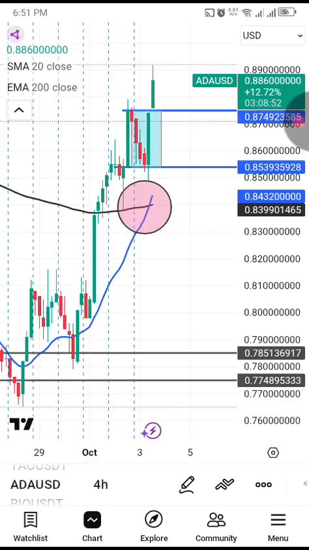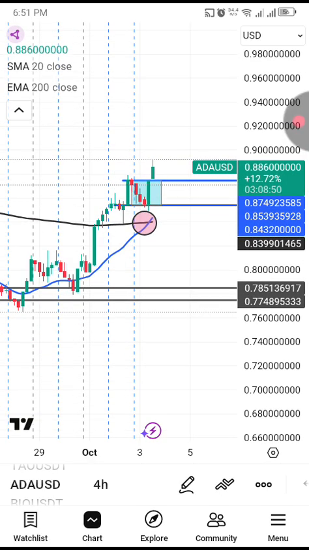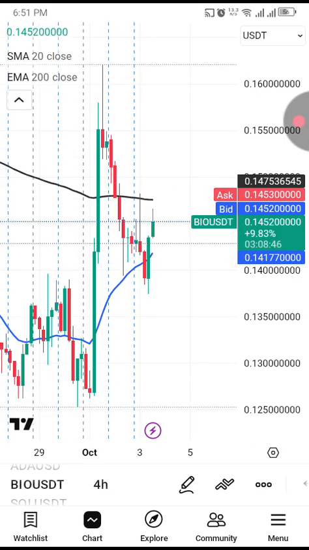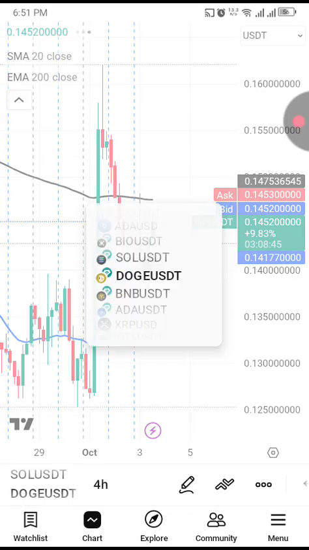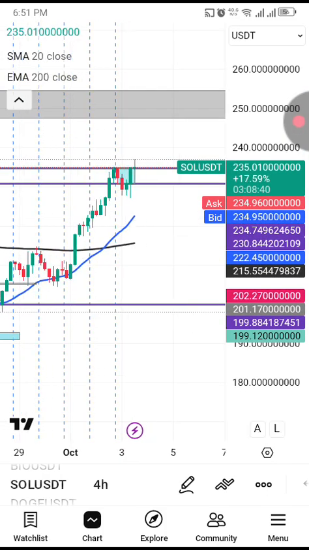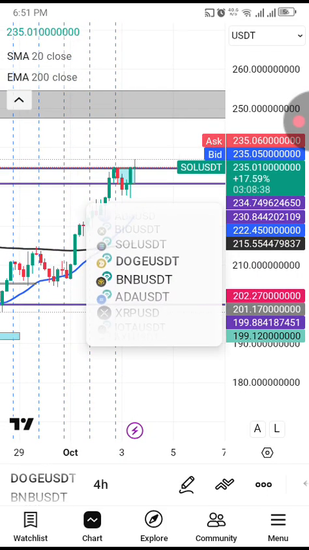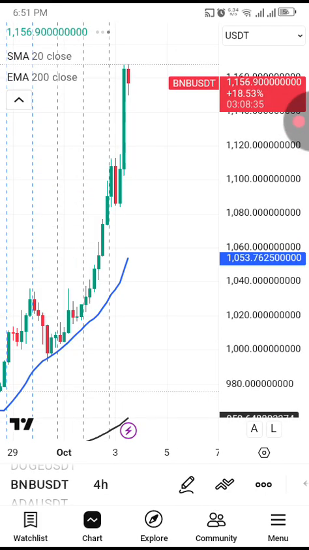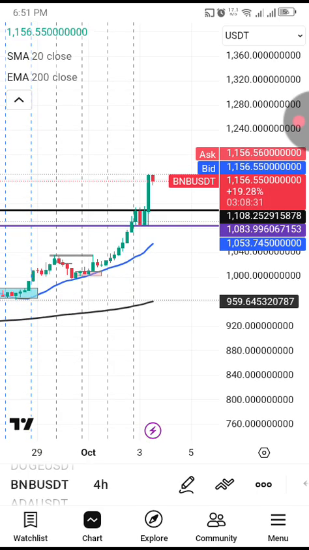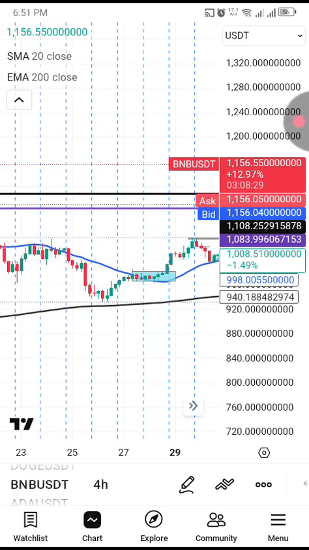The other one that I'm trading, you can see there is a crossover now. Binance, Solana, you can see it is going up. There is a crossover. BNB. Okay, let me show you BNB now. For BNB,